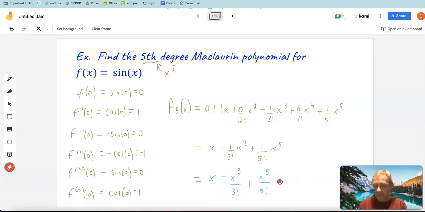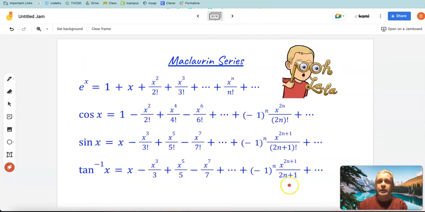And if it was, you guessed negative x to the 7th over 7 factorial, you would be absolutely correct. So, with that being said, here are the Maclaurin series for e to the x, cosine x, sine x, and inverse tangent of x. And sorry to say, you will eventually want to have these memorized for your tests when you take it, because you're